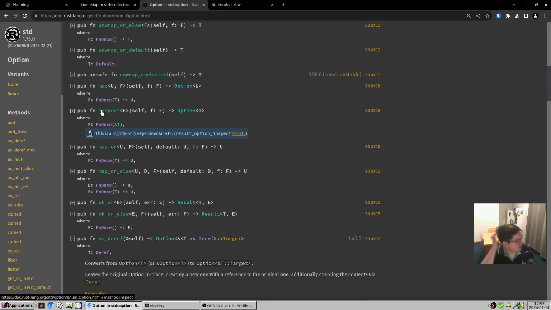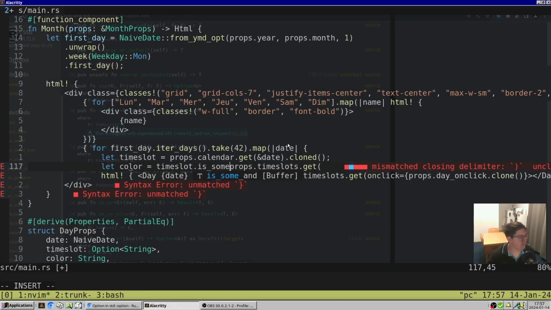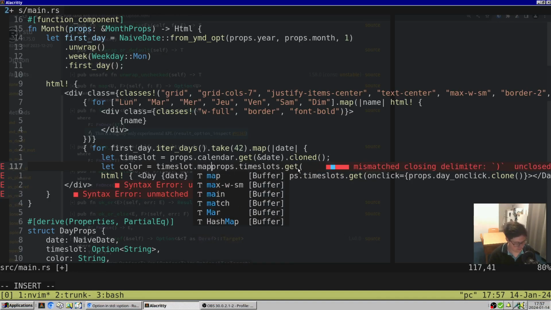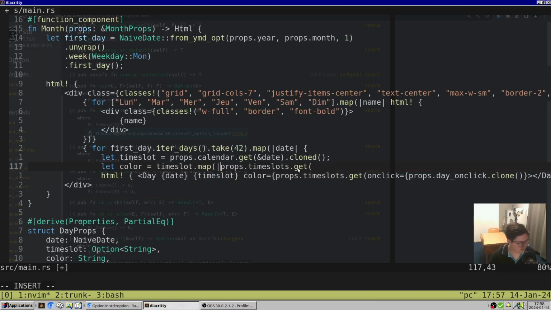Inspect map, or maybe a map. Yeah, that's exactly what we want. That's map. Okay, so map it is then. So time slot, that map. So then inside the map we get the string,